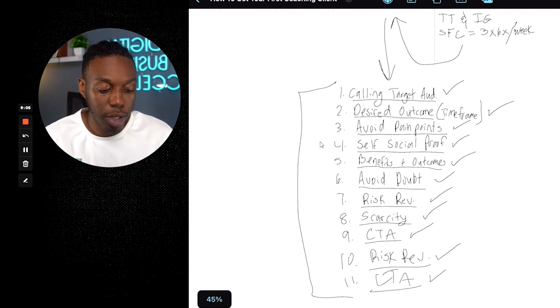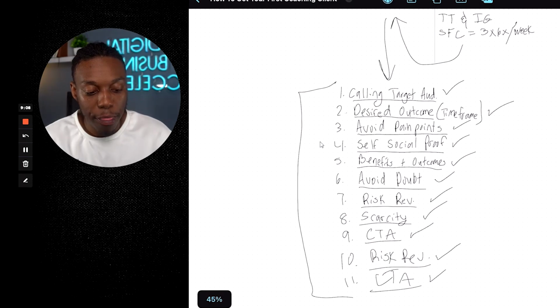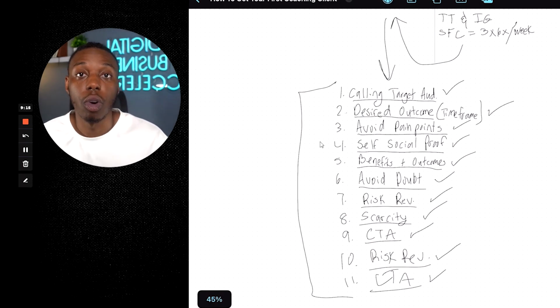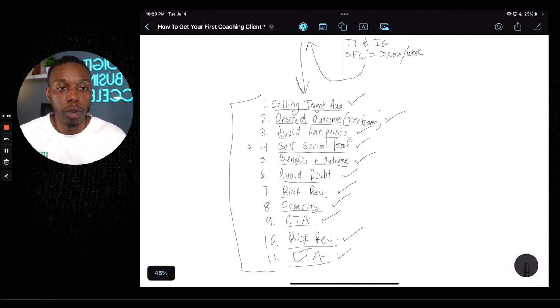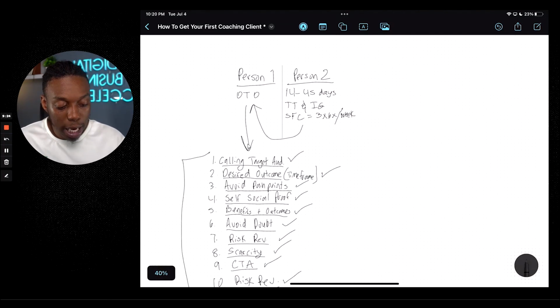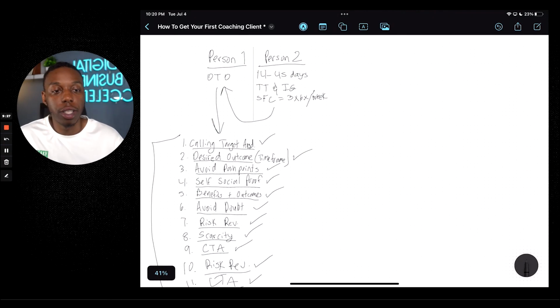Copy tends to work the best though. Long form copy tends to work the best. So that is going to be the main focus there for getting your first client. It's very powerful. We at the DBA actually build out these scripts for our clients. We have a proven template, but if you're not a client right now, this is kind of the same kind of outline that we would use here. So that is just by far the easiest way to get your first client.